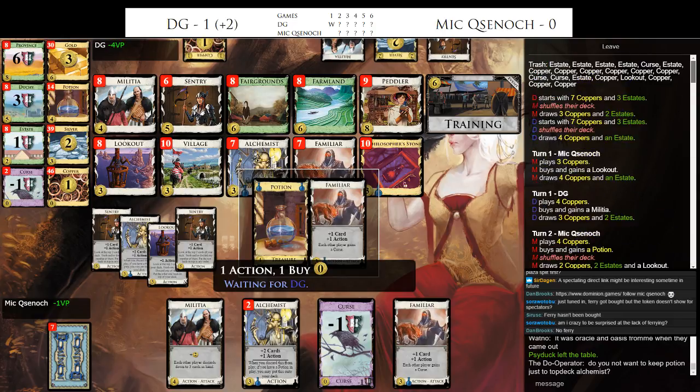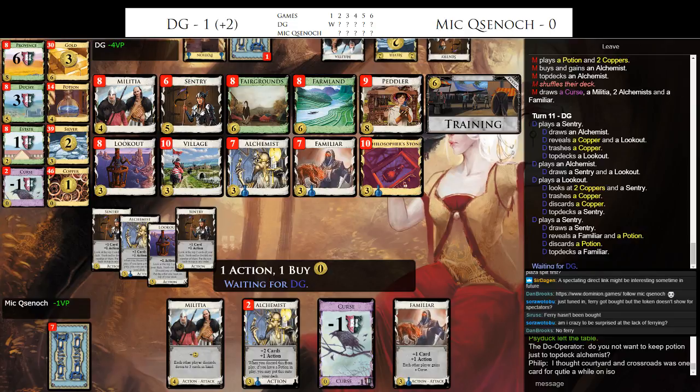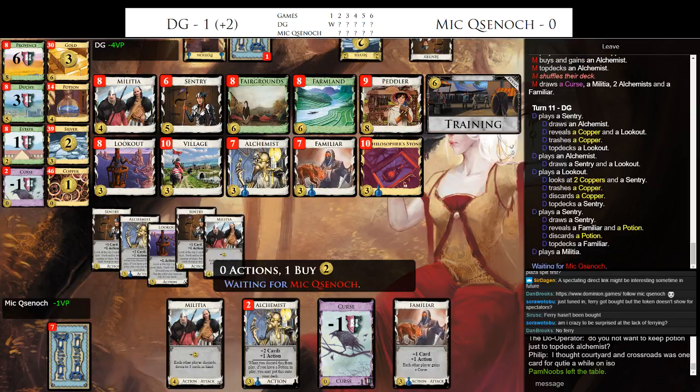I think we could check the trash. I'm checking the log. Yeah. So he reveals a copper, trashes a copper, trashes a copper. There are 10 coppers in the trash, so there's still 4 in the world. Yeah, I think DG only has 1 actually, which would be...